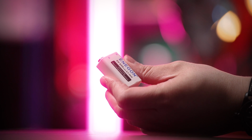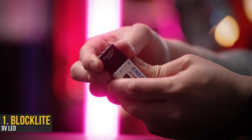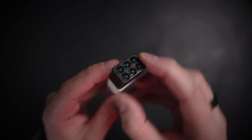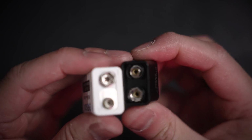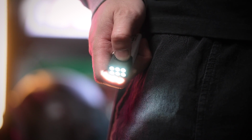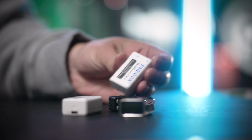If you remember these batteries, then you probably had a really awesome science teacher, but I bet you didn't know it was also a flashlight. The Blocklite is a bunch of tiny LEDs stuffed inside the same rectangular shape of a 9V and squeezes right on top of a naked battery. Thankfully, 9V batteries are naturally covered and don't leave any contacts exposed to cause any harm, but in a pinch and for whatever reason you're carrying around a 9V battery, you'll be able to instantly have light and even brightness